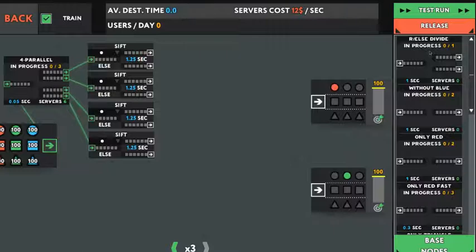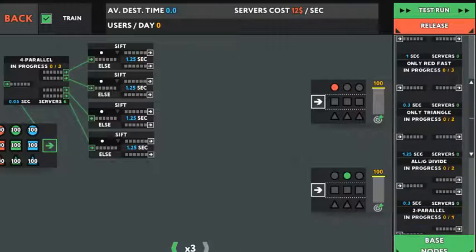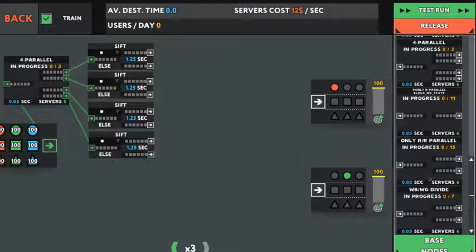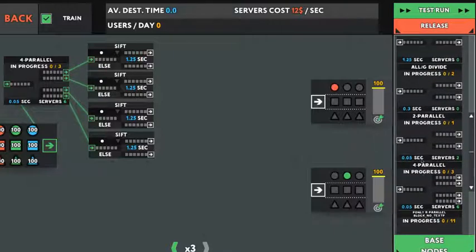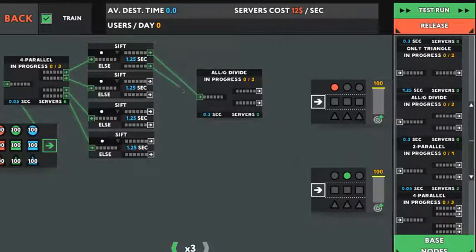So if I do red and else, well, that's a whole second. Do I have anything faster than that? I have only red, I have all G. That one's pretty fast. And then this is only red. So let me look at the all G. If I have all of these going here,